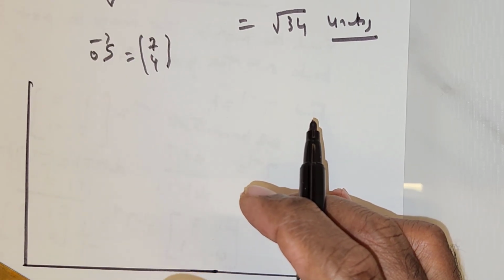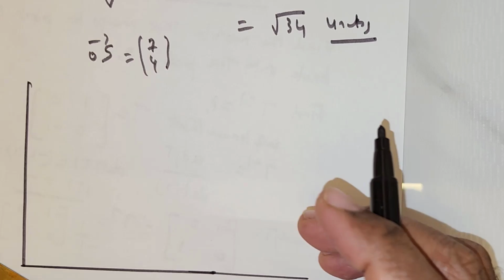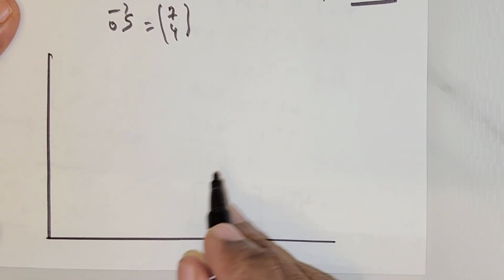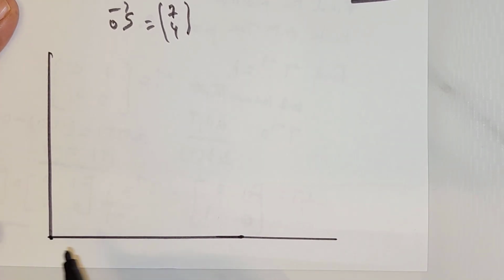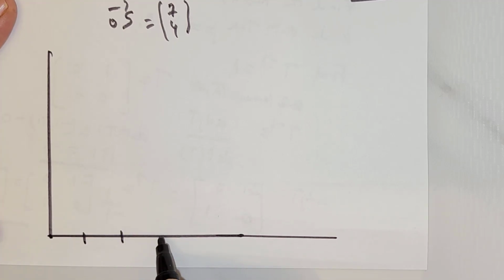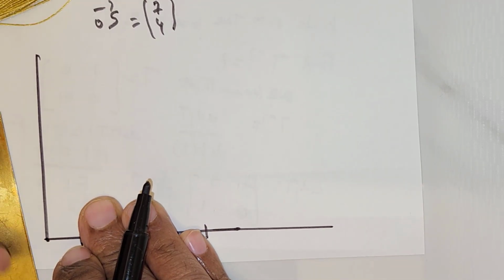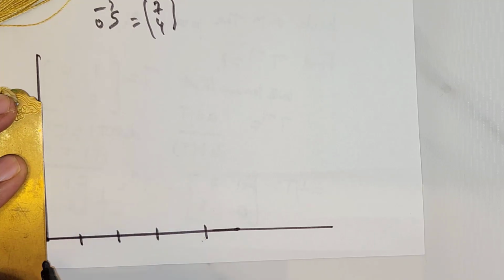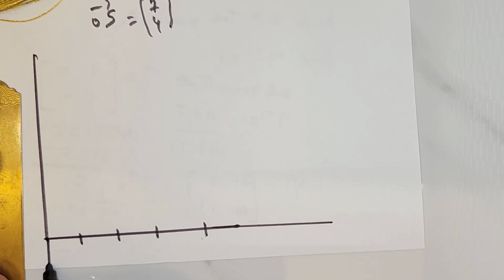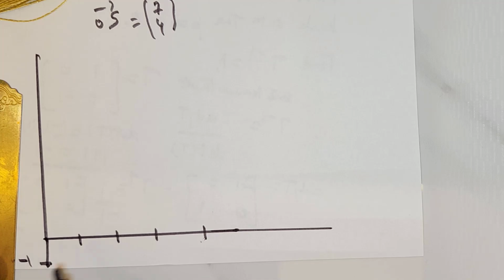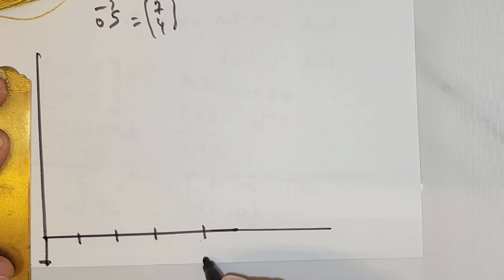So we have the point. If I were to take this as 1, 2, 3, 4, we are having -1 down. Okay, this point is -1, this point is 4, so this is going to be my point P,